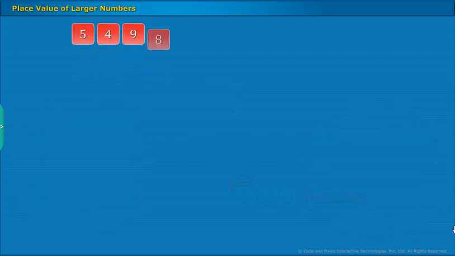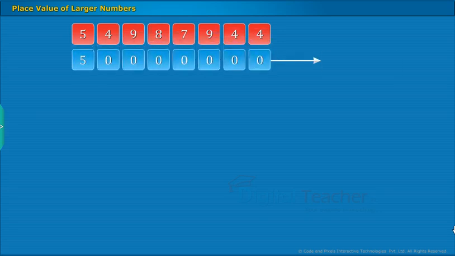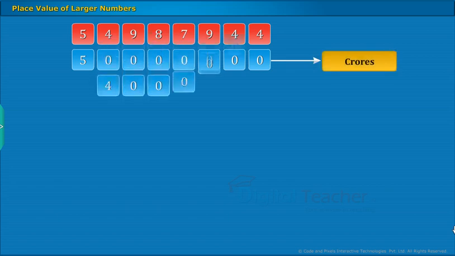Place value of larger numbers. Let us now see the places of larger values. Here is the number 54987944. Let's see how it is placed with their place values. Here, 5 is in crores place, 4 is in 10 lakhs place,